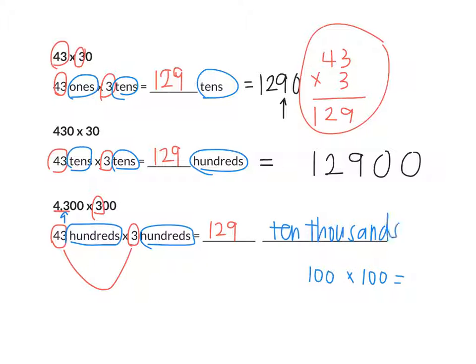How do I write that in standard form? Well, I have 129, and the 9 now needs to be in the what's place? 10,000. Okay, so I'm going to start adding zeros. Right now it's in the what's place? Tens. Now it's in the? Hundreds. Now it's in the? Thousands. Now it's in the? 10,000. Okay, so my answer is